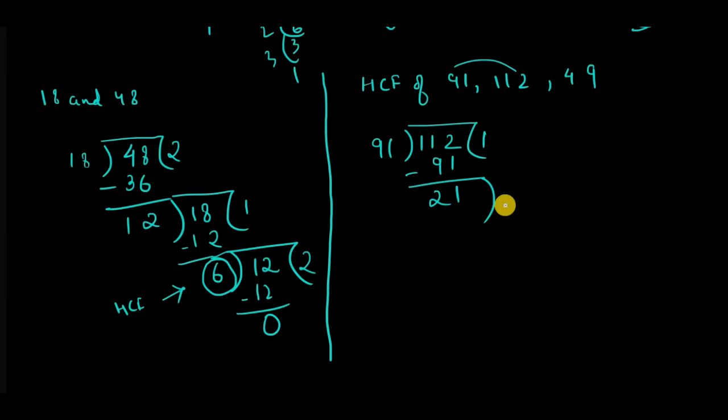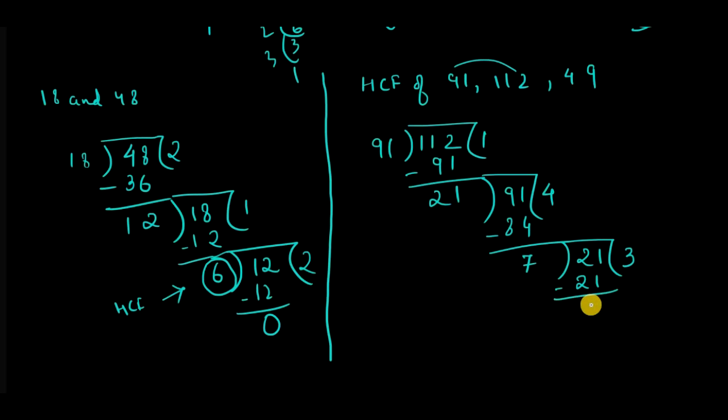Now I'll bring down the divisor like I did before. 21 4s are 84, and 7. I'll again bring down the divisor until the remainder comes to 0. 7 3s are 21. So here the remainder is 0. So the HCF of 91 and 112 is 7, but